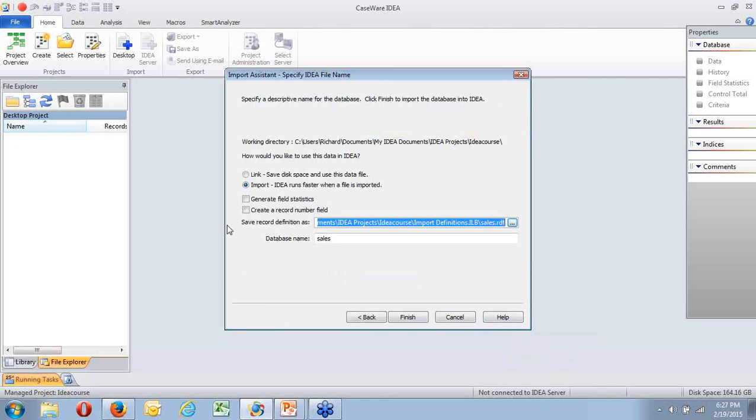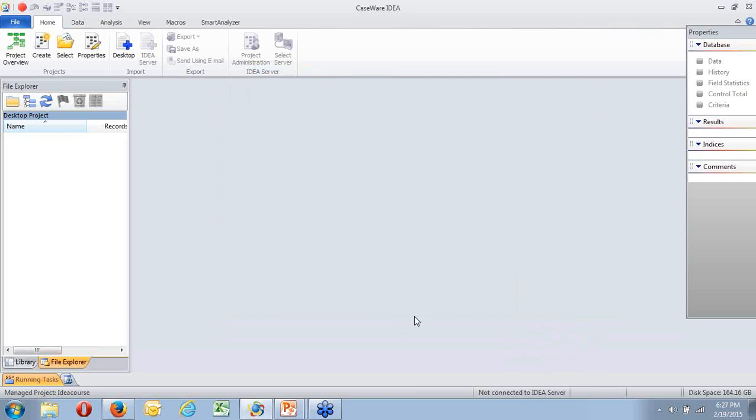So I'm happy with that. Do I want to generate field statistics? I can do it at this stage, or I can do it later on. I'll do it later on. Do I want to create a record number field? Am I going to manipulate information based on the record number? In this case I'm not, so I'll say finish.